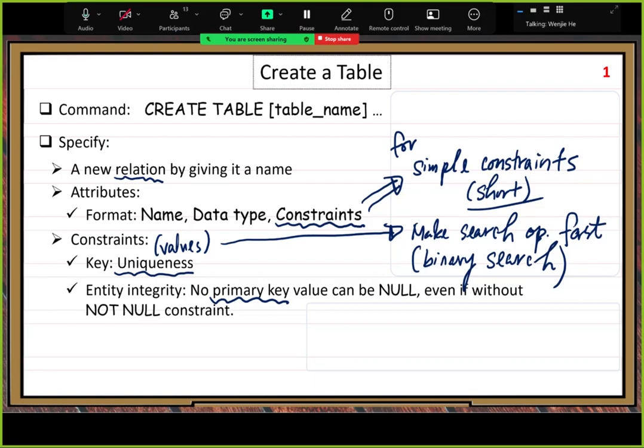For primary key, that's easy. We just retrieve the primary key, then we can modify the data immediately. For the non-primary key case, we need to do more work. All right. So the primary key value cannot be null. But